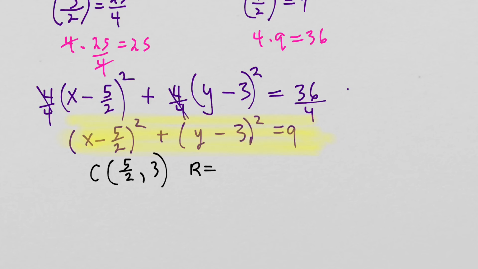And our radius, so r squared is 9. Take the square root of both sides. You could see r is 3. All right, so if I want to graph this,